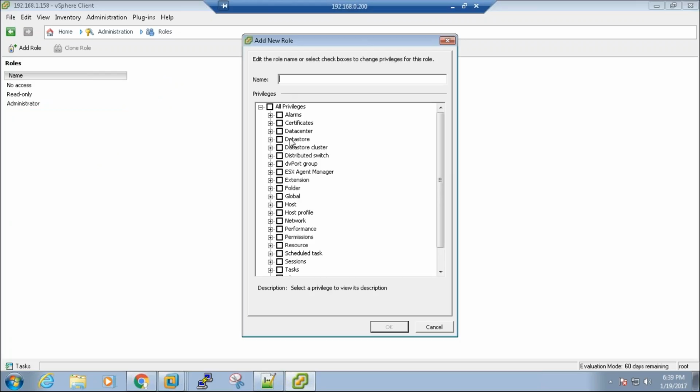Maybe you've got a monitoring team in your environment and you want them to monitor your environment only. Then you can certainly give some alarms as a privilege. You say, hey, monitoring team, let's say, and you just say okay. When you create the users, you assign this role, so when they authenticate themselves into the environment and this particular role gets assigned to them, they can only monitor, and if they see some abnormality, they have to call the technical teams, that is you.